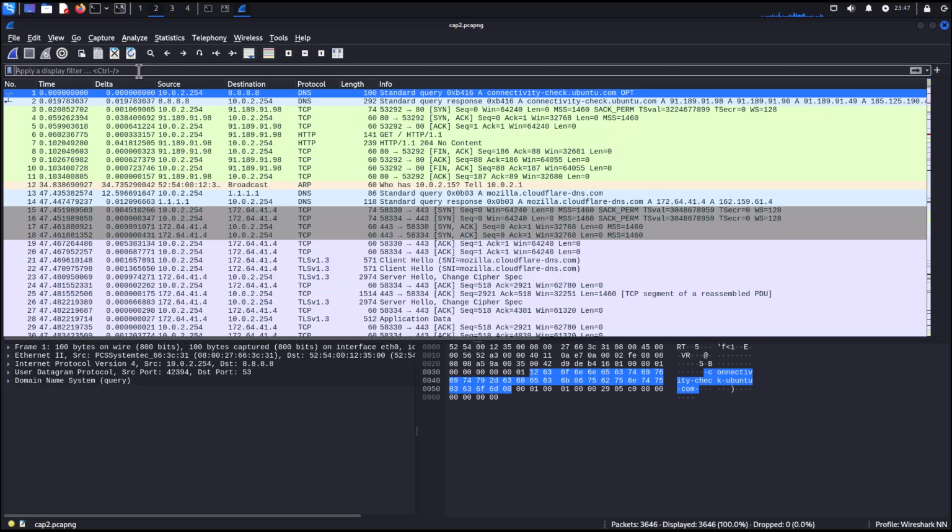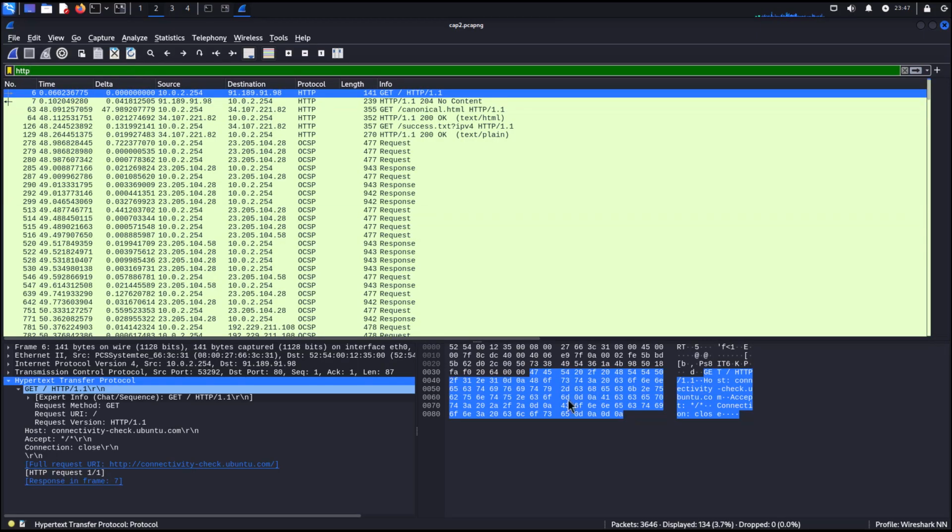To do that, we're going to go ahead and start with an HTTP filter. That immediately reduces our packet count down to 134. Pretty good, right? But we can make this better. We're going to combine it by using the AND statement, and we're going to say IP source. And I happen to know the IP of that machine because it's actually,